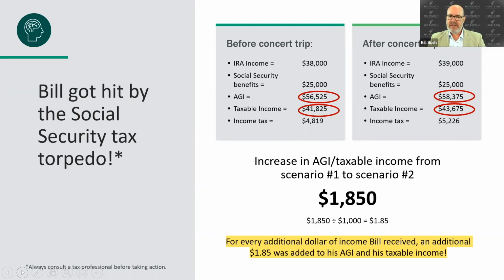That means for every dollar of income he actually received, he's being taxed on $1.85. Huh? How does that happen? Well, here's the deal. Depending on how much other income you have, the amount of your Social Security benefits that are taxable varies. For instance, if your income is low enough, all of your Social Security benefits will be tax-free